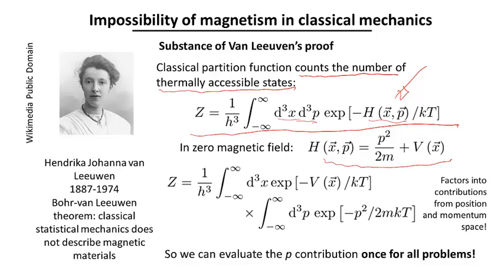Now, why one does this is because all of the properties of a system at finite temperature are described by taking the derivative of the partition function with respect to various quantities. So the derivative with respect to electric field gives the electrical susceptibility. Derivative with respect to the magnetic field, the same thing. Compressibility, and a lot of the basic response functions of a material system can be gotten from the partition function and its various derivatives.